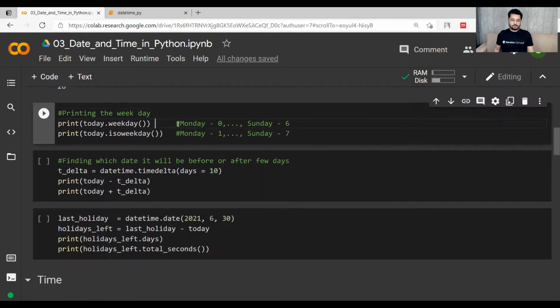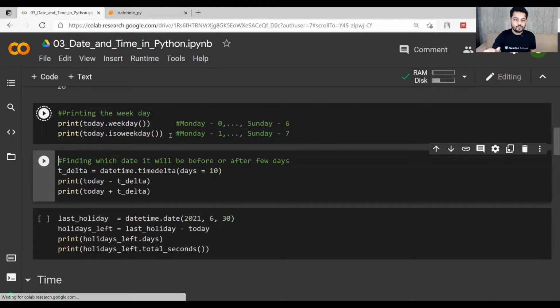Now there are 2 ways. So if I write today.weekday, it will return me Monday to Sunday, whichever day is today. Based on that, it will be giving me some number. And if I use isoweekday, it will return me with Monday as 1 and Sunday as 7. So today is Wednesday.